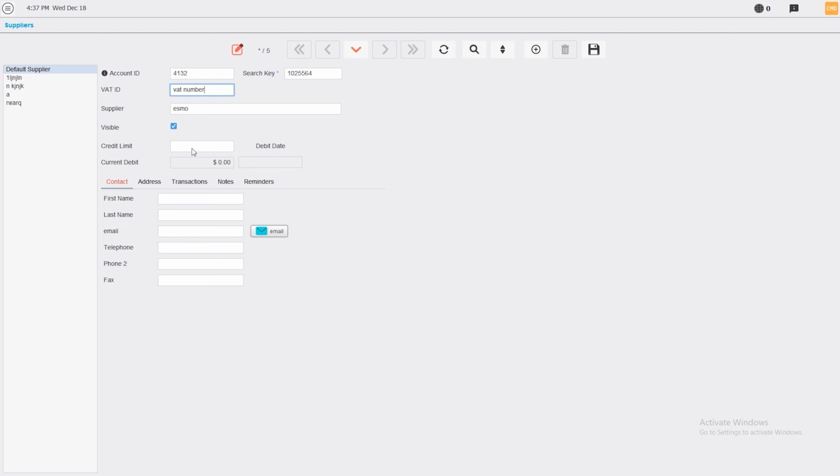The credit limit is where you can limit the maximum amount of debt you will allow yourself to have from this supplier. We register it in the same way we did with the customer. This is where you can insert other information such as the contact information. Insert the first name, last name, email, phone number, second phone number and fax. Then insert the address information such as the first address, the second, the town or city, state or county, country